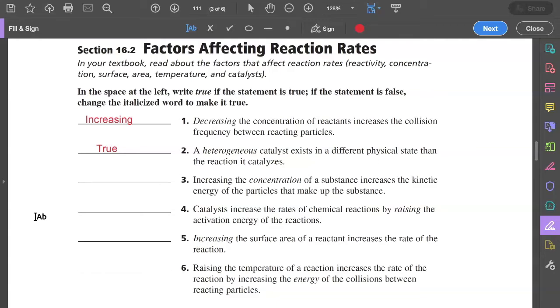Number 3, increasing the concentration of a substance increases the kinetic energy of the particles that make up the substance. No, of course, the answer there is temperature. Temperature is what is in line with kinetic energy. Number 4,